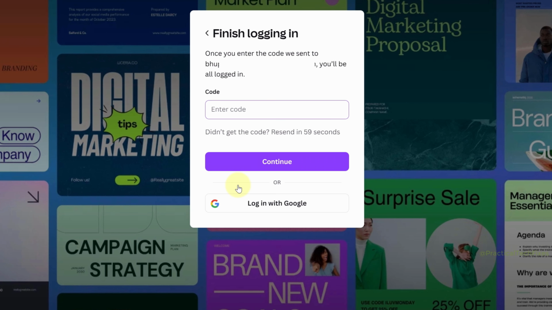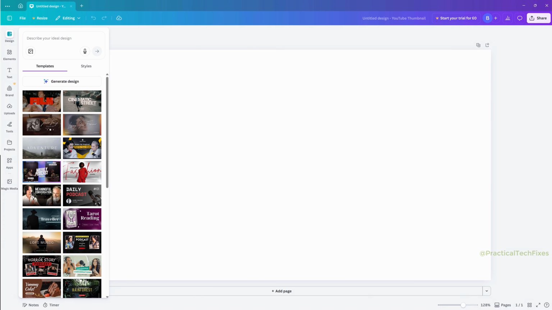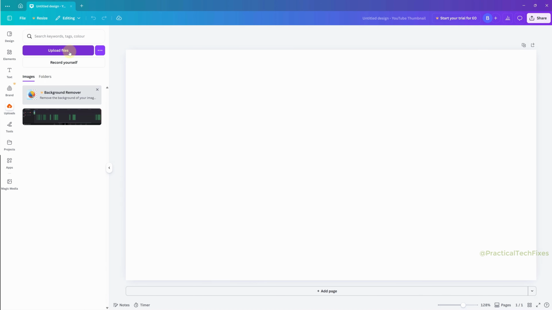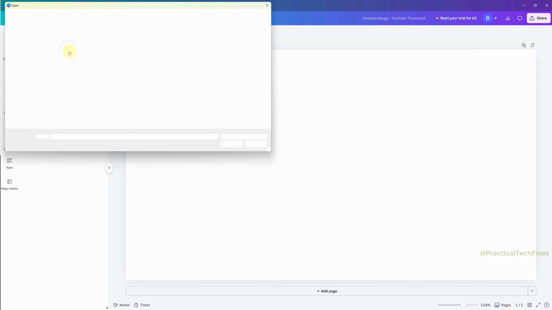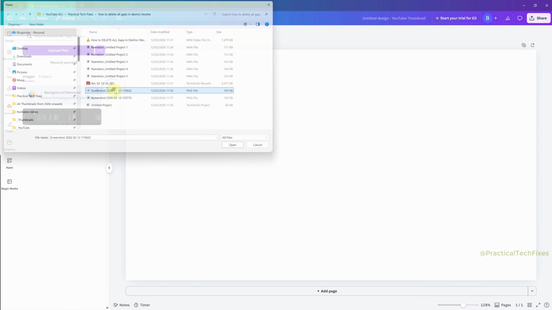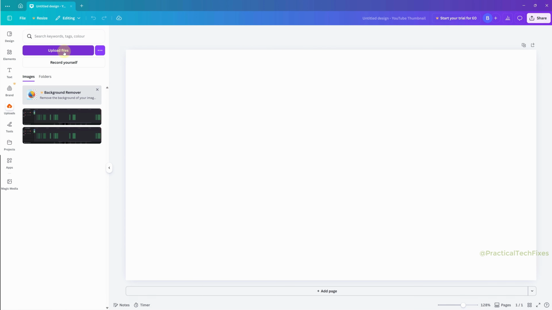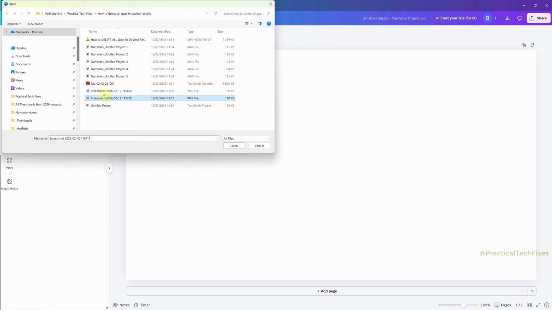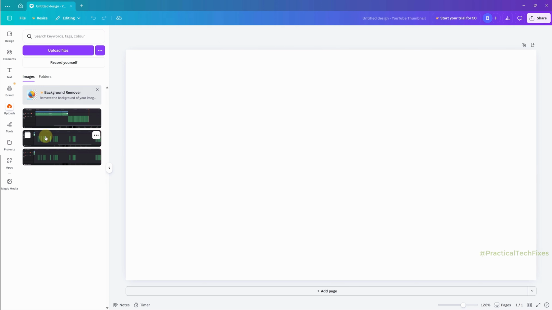From the shortcuts, select social media and then select YouTube. And finally, select YouTube thumbnail. This would give you a blank page. Select uploads and then select upload files and then select a screenshot of your YouTube video that you want to create a thumbnail. You can upload as many photos as you want and then you can drag and drop the